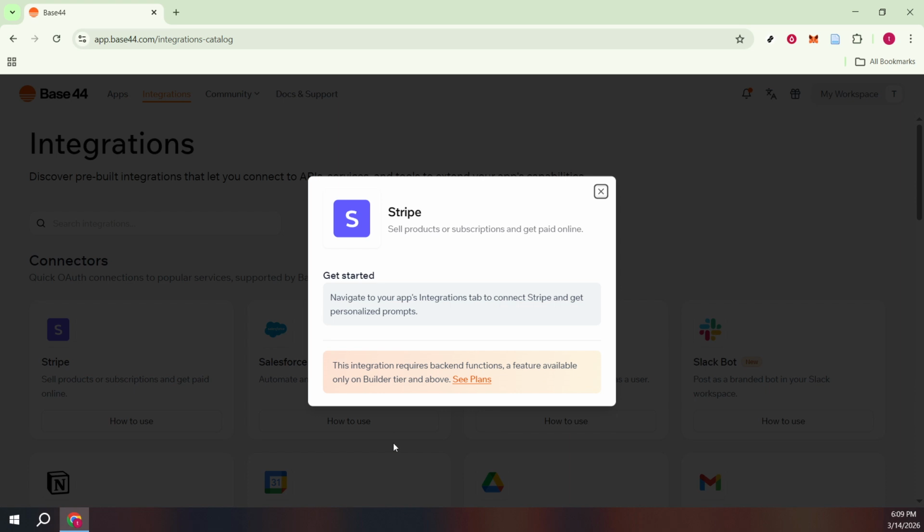That's it. Browse or search the catalog, open How to Use for clarity, then connect from your Apps Integrations tab with